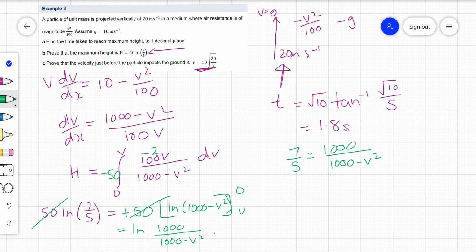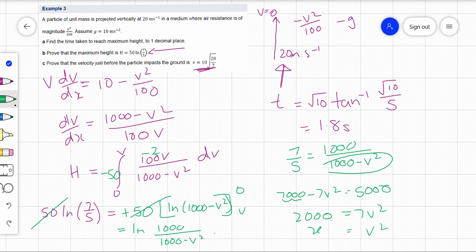So I'm timesing this whole bit over to the other side. So I've got 7,000 minus 7v squared, and on this side I've got 5,000. So if I make, I'll do this first, I'll do it nicely. Actually, I'll make it positive and put it on the other side. So I can probably confuse this so much, don't I? So here, the 7,000 take away 5,000, so that's 2,000, and 7v squared can be on that side, and then divide by 7,